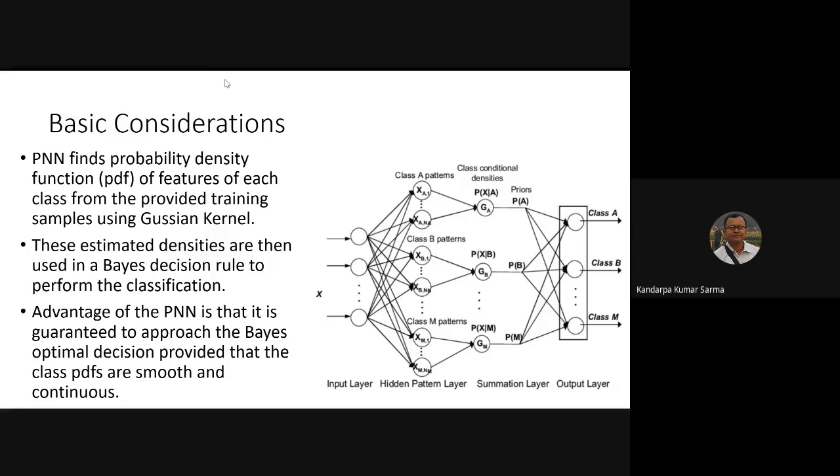Then there shall be one more layer that is called a summation layer. This particular summation layer will try to sum up the class conditional densities. So since the decision making is based on the Bayesian conditional probability, the class conditional densities of the different classes due to the pattern vector capital X shall be here summed up. Here those will be clustered and grouped, and then finally there shall be a